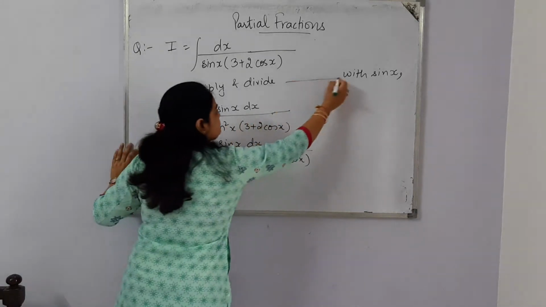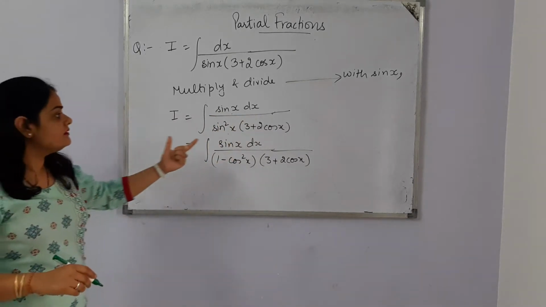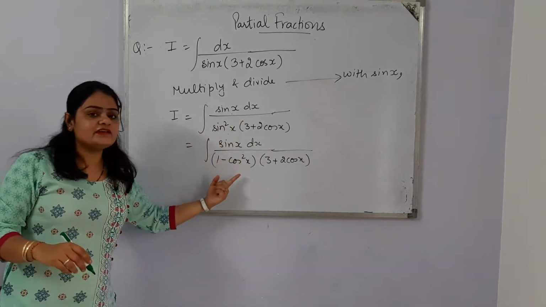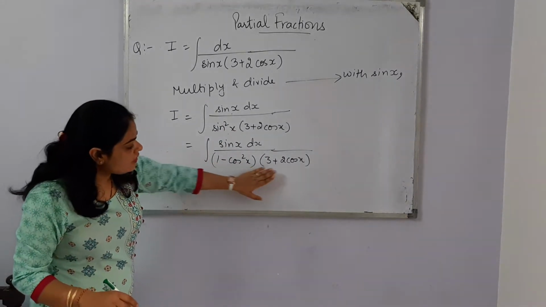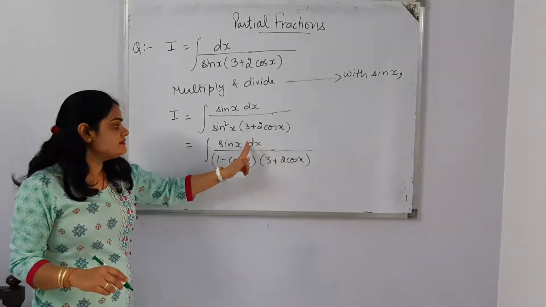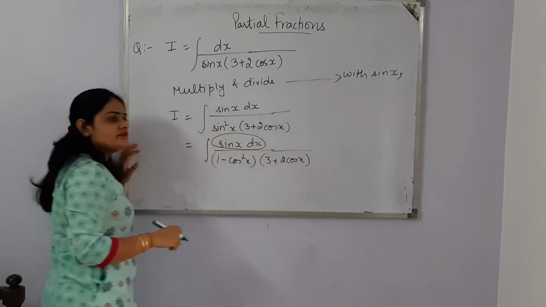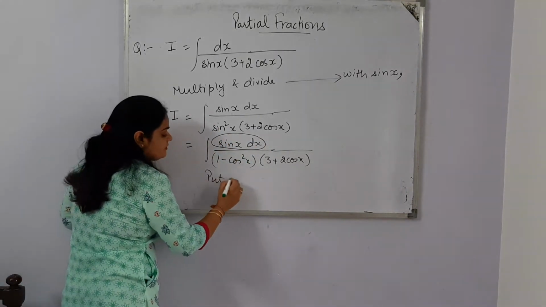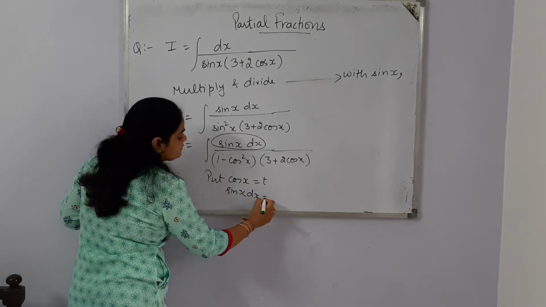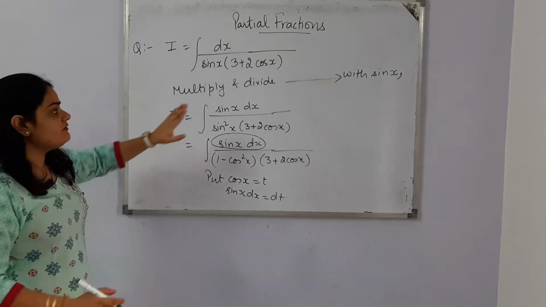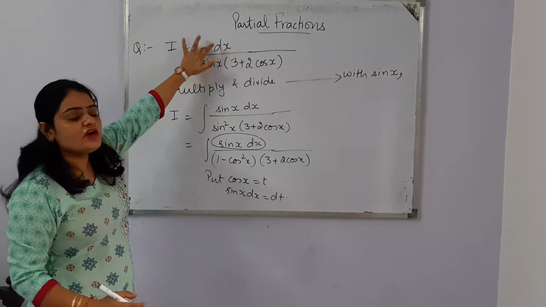Now if we are multiplying with sin x in the numerator and the denominator, because here we are getting sin square x, and for sin square x we can apply the formula 1 minus cos square x. Now we have cos in the denominator and sin in the numerator, and what we are watching is that sin x is a derivative of cos x. So we can substitute cos x equals t and its derivative, sin x dx equals dt. Now for this type of function, whenever sin and cos are in the denominator and there is nothing available, that means only a constant is available in the numerator.